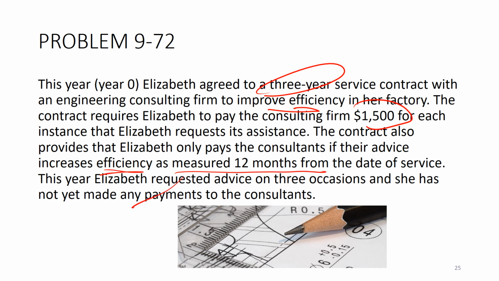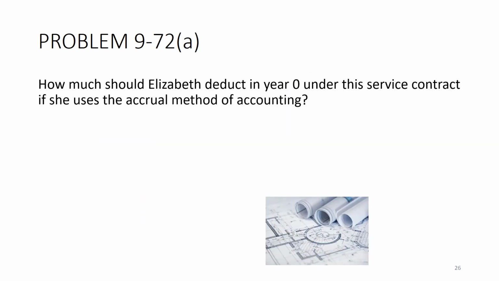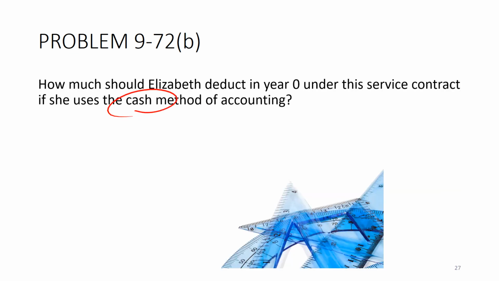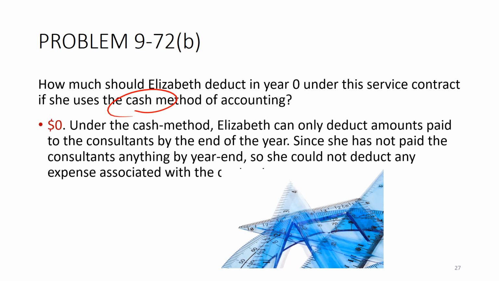So there's a contingency here. Her payment is contingent on the fact that they actually help her. How much should she deduct if she uses the accrual method? Well, if she's using the accrual method and she's called for service 3 times, we don't yet know that they've actually improved her efficiency, so we actually don't know that the amount is fixed and determinable. So as a result, she wouldn't get any deduction right now. If she's using the cash method, it's quite clear she hasn't made payment yet, so there would be no deduction